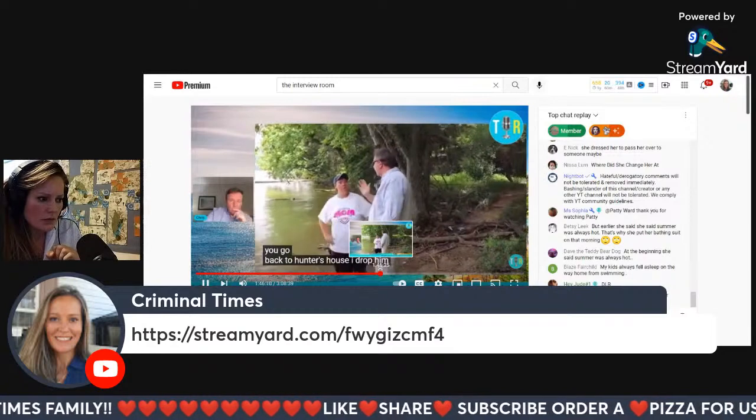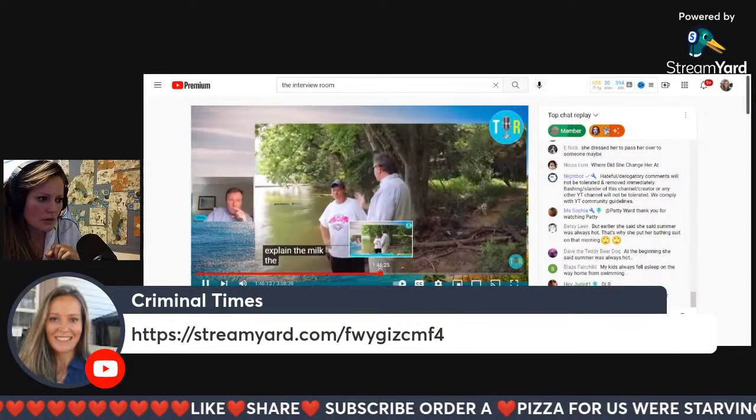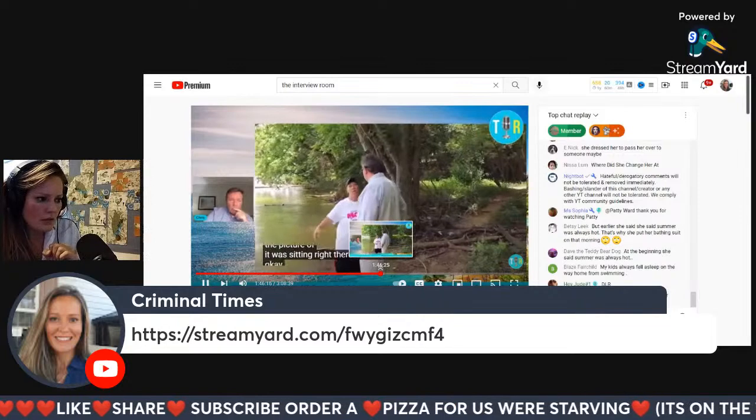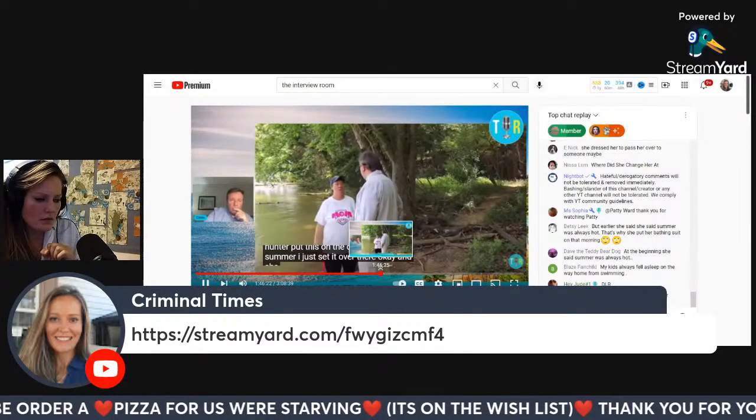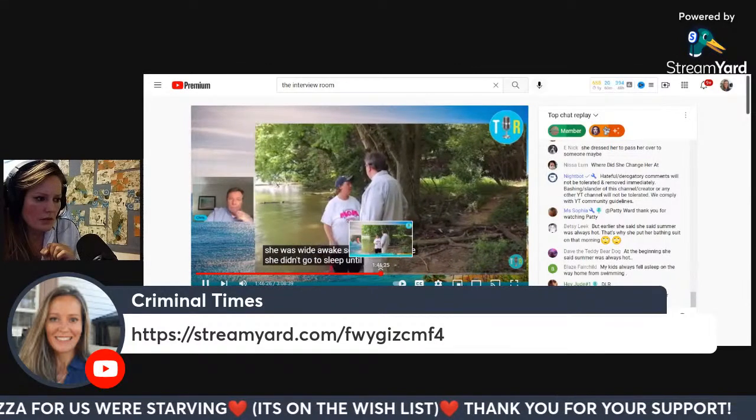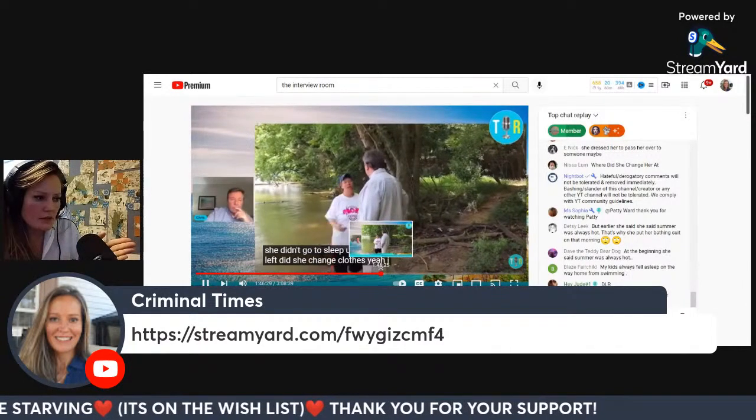I drop him off. Explain the milk. The picture of the milk, it was sitting right there beside Summer. Okay. Because when I handed it to Hunter in the car, he was on the outside. I said, Hunter, put this on the other side of Summer and just set it over there. Okay. And she was wide awake sitting up. Like, she didn't go to sleep until after we left town. Did she change clothes? Yeah, I changed the clothes because when I